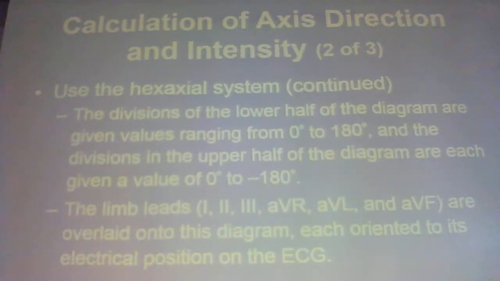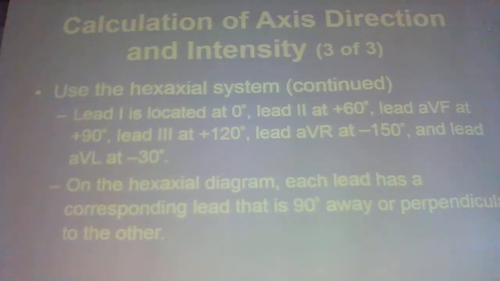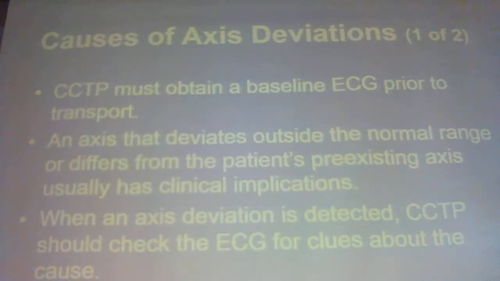This goes through how they calculate it. We're not going to worry about that because our machine does it for us. So if the axis deviates outside the normal range or differs from the patient's pre-existing axis, usually this has clinical implications. So if you have axis deviation, then you need to be looking at it to see if you can figure